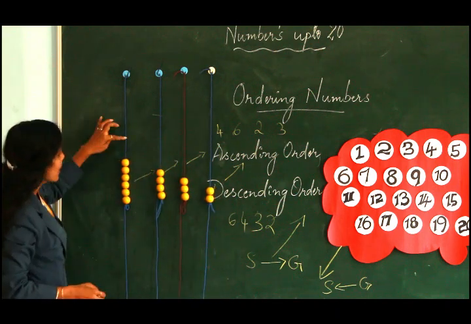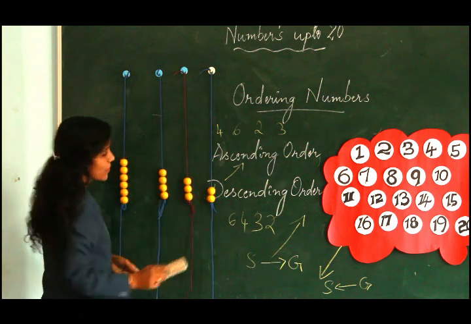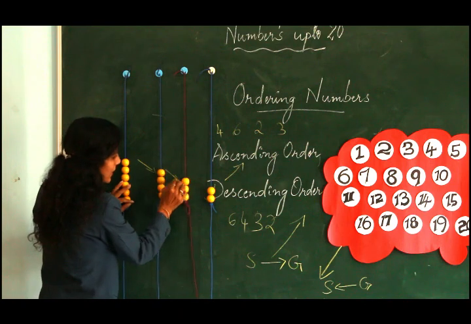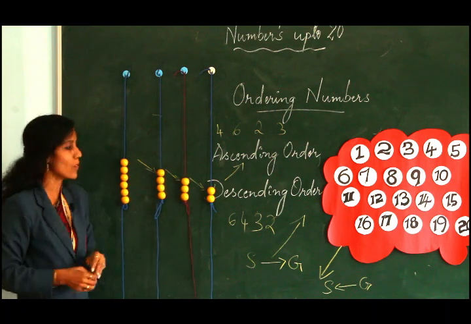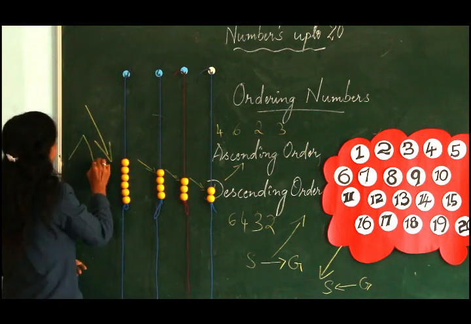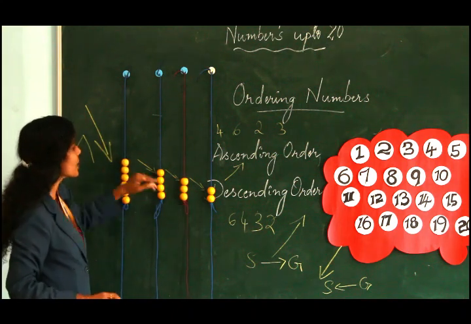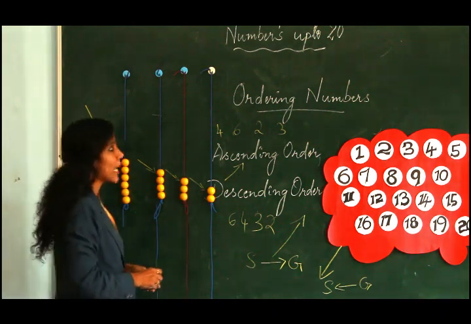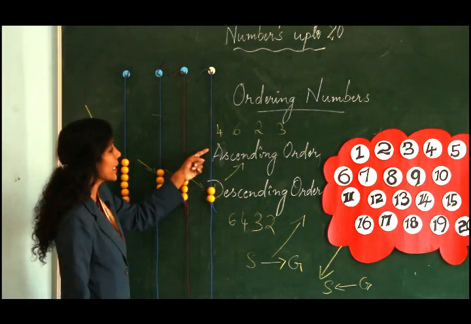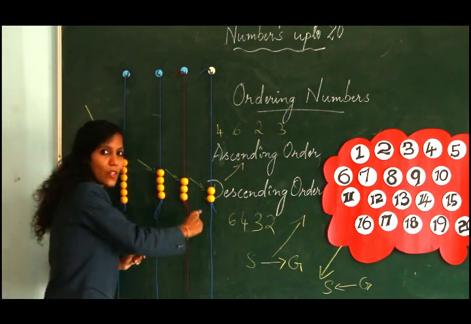Now if you see here, the ordering has changed, wherein from big we are coming down one step, next step down and another one more step down. Here the concept is climbing down the mountain. So from 6, 4, 3 and 2. This is descending order. So under ordering numbers we learned ascending order, descending order. Ascending order was climbing the mountain. Descending order was getting down from the mountain.